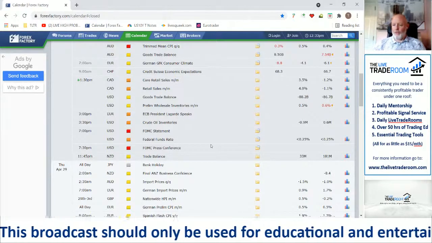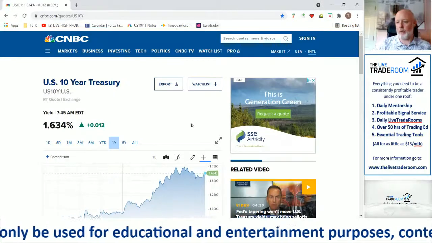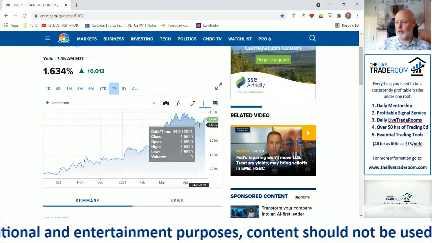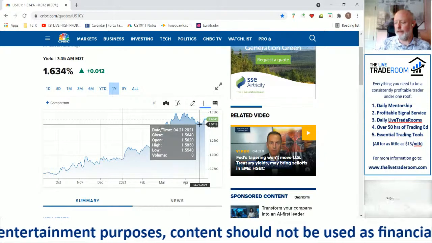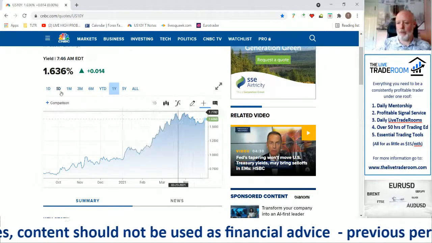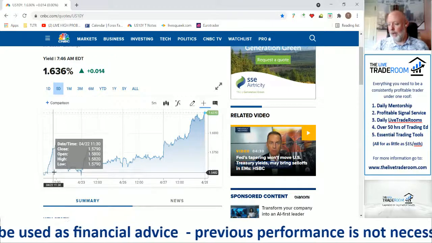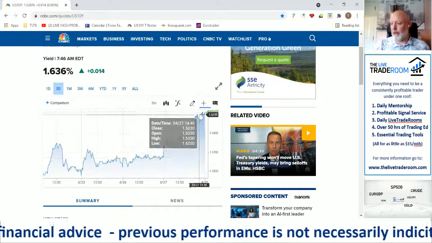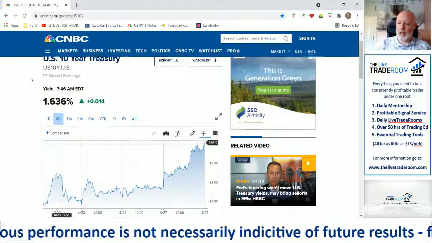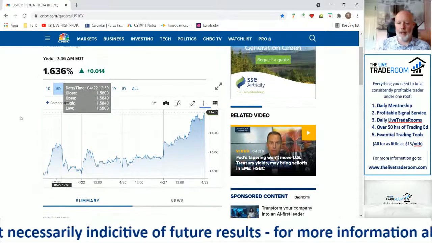So with all of this in mind, I'd like to just share the 10-year note just to show you what's been happening over the last few days. We've seen a little bit of an uptick from the lows around the 154 level. We're now up at 163, so a considerable uptick. Let's look at the 5-day chart. You can see we've been down at these lows, and there is an uptick, and this is the 10-year note as well. So it's important to take that into consideration.